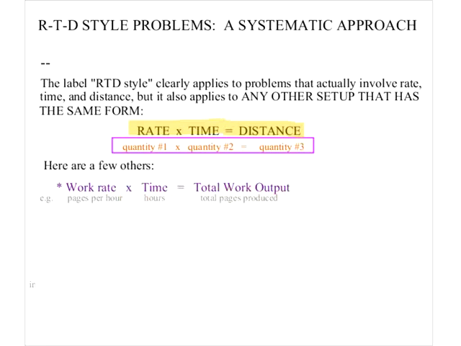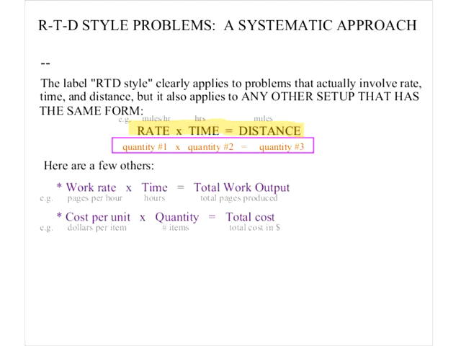Another example, which is the next one cited by a lot of you, is cost per unit times quantity equals total cost. So dollars per item times number of items equals total cost. What we're missing here, which we can go ahead and add in, is sample units for the first thing, for rate times time. For instance, this could be something like miles per hour times hours equals miles. That's an example.